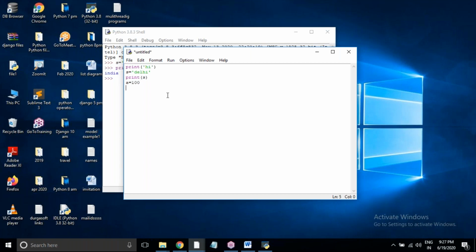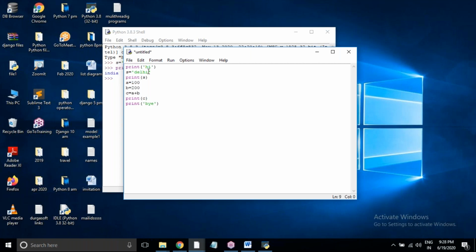Then print C. In IDLE we have to use the print function; directly we cannot write C. Here I am using hi at the beginning and bye at the end. We will not use a semicolon at the end, no need to terminate with a semicolon, and curly braces are not used.